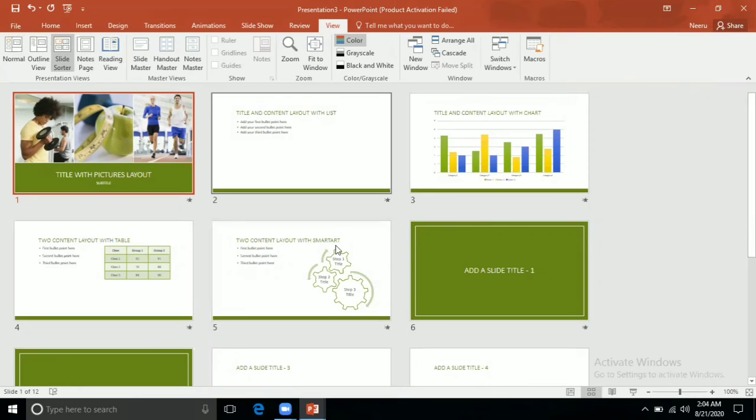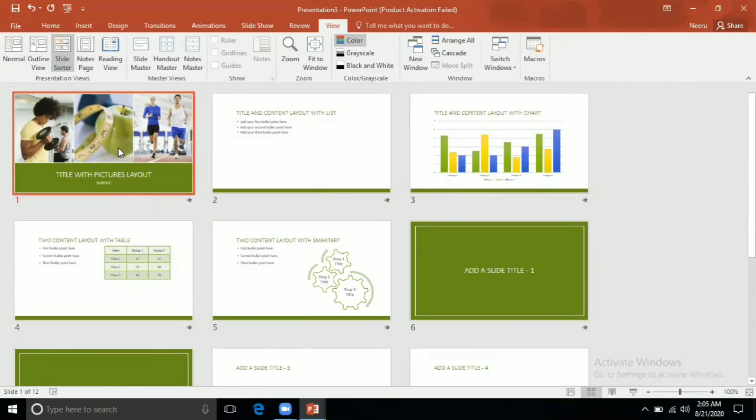If I want to rearrange it, if I want to move one slide to another place, how can we do it? Firstly, select that slide. For example, I want to move this first slide to be the fifth slide.